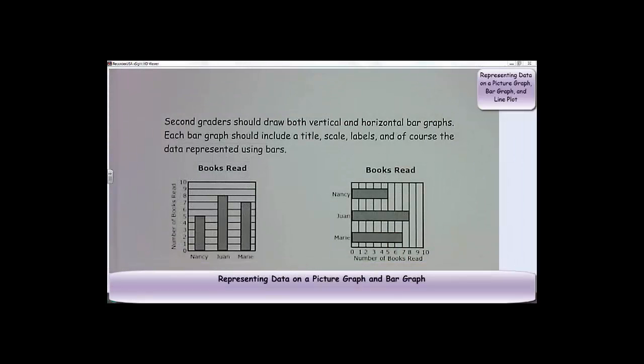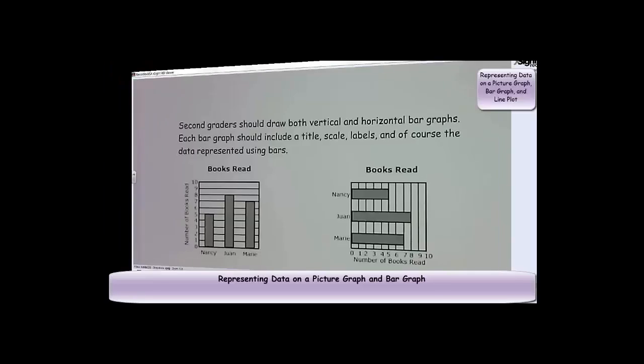For this standard, students will build on the first grade skill of collecting and organizing data in a table. They learn how to draw data in the form of a pictograph and a bar graph using a scale of only 1. Students should have experiences posing a question with 4 possible responses and then work with the data that they collect to find those answers. Second graders should draw both vertical and horizontal bar graphs. Each bar graph should include a title, scale, labels, and of course the data